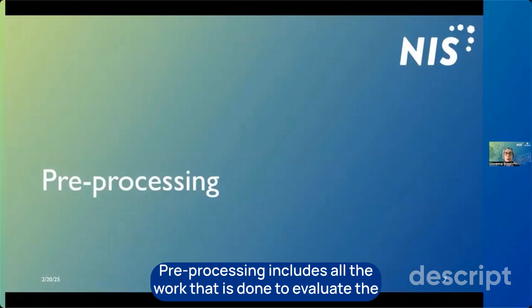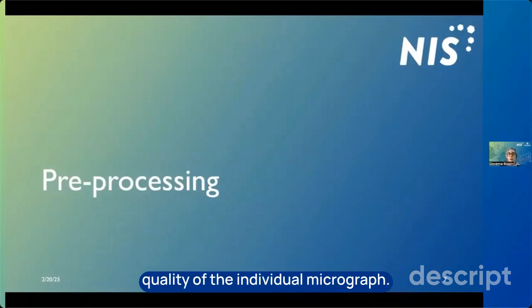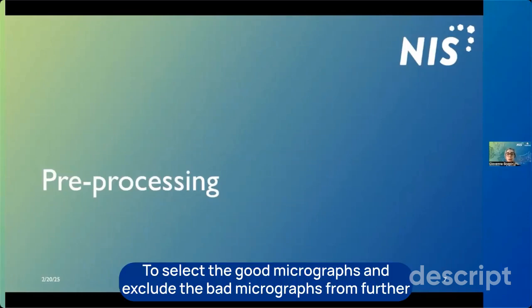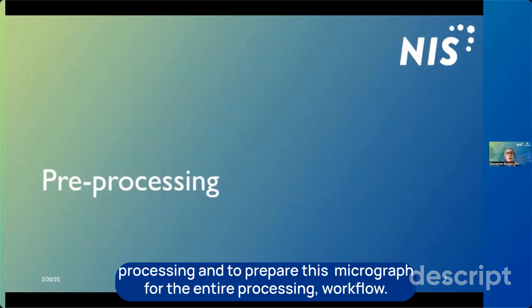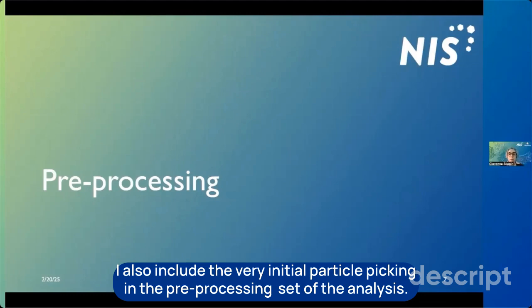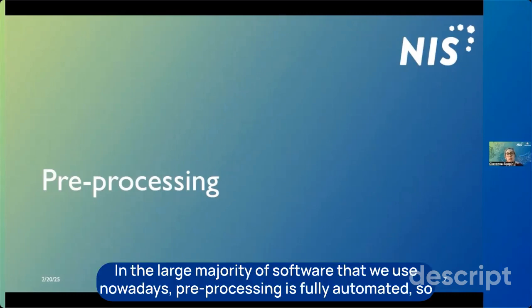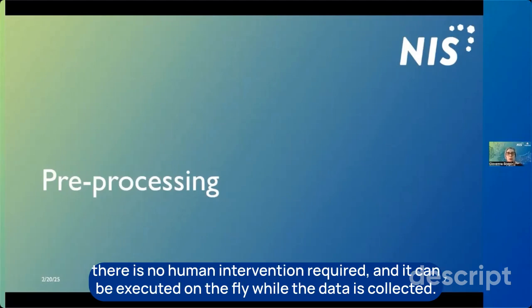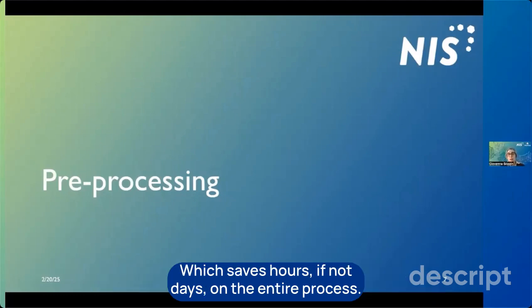Pre-processing includes all the work that is done to evaluate the quality of the individual micrographs, to select the good micrographs and exclude the bad ones from further processing, and to prepare these micrographs for the entire processing workflow. I also include the very initial particle picking in the pre-processing set of the analysis. In the large majority of software that we use nowadays, pre-processing is fully automated, so there is no human intervention required, and it can be executed on the fly while the data is collected, which saves hours, if not days,